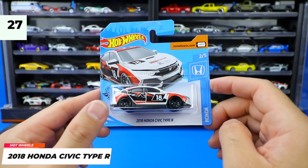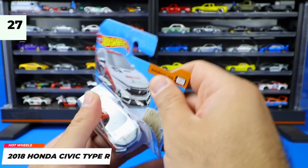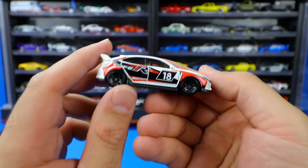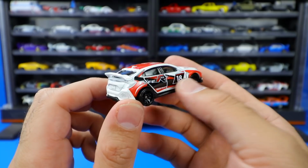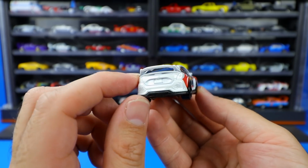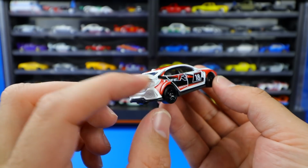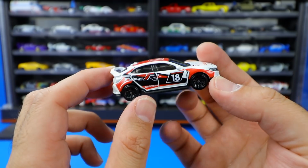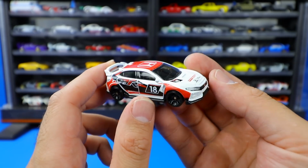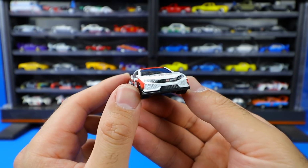2018 Honda Civic Type R from the Honda series, and this one's just got a lot going on with it. Let's go ahead and get a close-up look at this. If you guys know me, you know that I'm probably not the biggest or even a fan at all of Honda cars, especially this new Civic. I just think personally there's way too much going on in the rear end. There's too many slots and spoiler and stuff like that. It just looks too busy, and then they throw this car in with all these weird graphics and stuff like that. Meh, I'm not really a big fan,